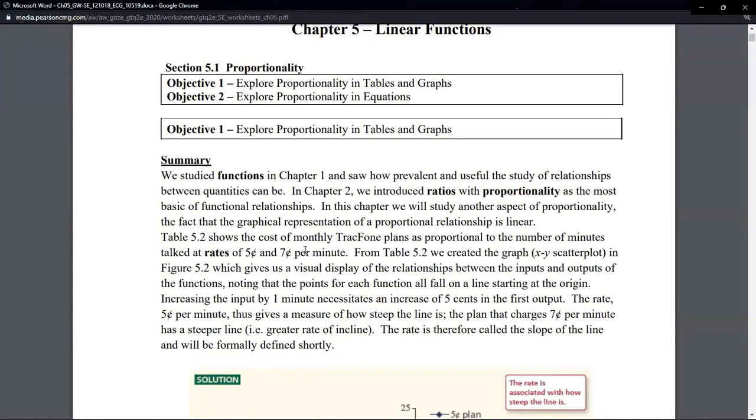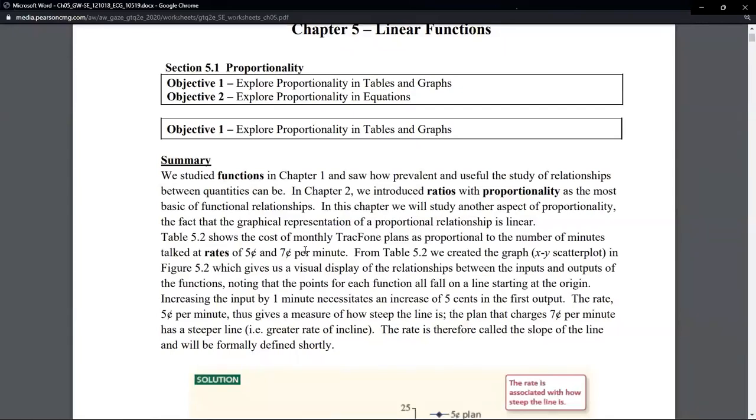Now, the first thing you're going to think is, well, why would you want the 7 cent per minute plan? Give me the 5 cent per minute plan. That's just silly to pay 2 cents more per minute. Well, we'll get into why you might take that one later. Spoilers, hidden fees. So from table 5.2, we created a graph, an XY scatter plot, coordinate pairs, rectangular coordinate system,